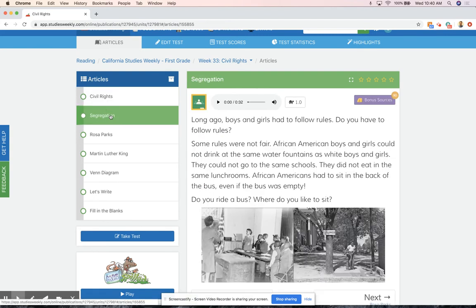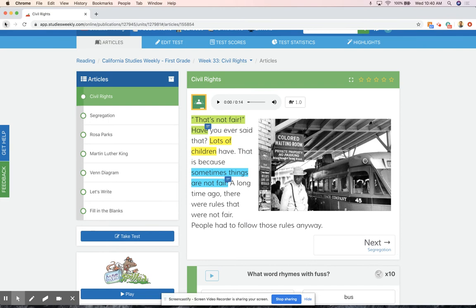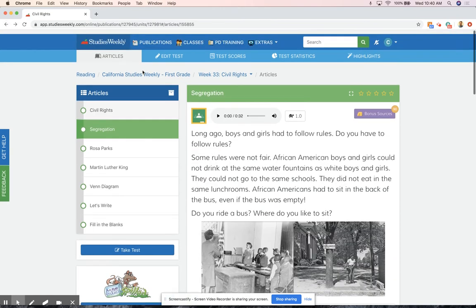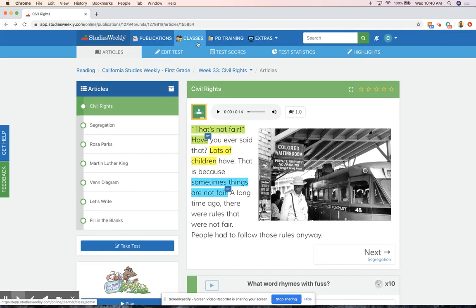If I clicked here, then that goes to the next. It's as if I'm turning the page. It's the top article on the paper version. I'm going to go back over to this home screen here. Let's go back because there was one thing I wanted to show you that was right on